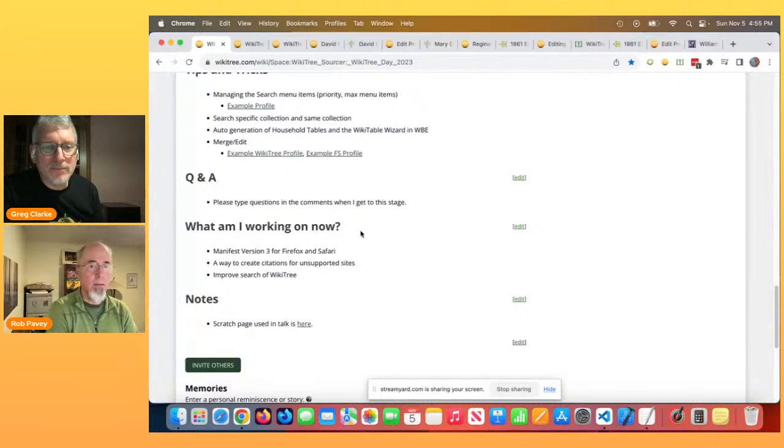Another thing, so many people would like new sites added, and as I say, I'm never going to have time to support all of them. So what I'm thinking of is a way to create citations for unsupported sites, in that the idea would be you're on a site that isn't supported, like,